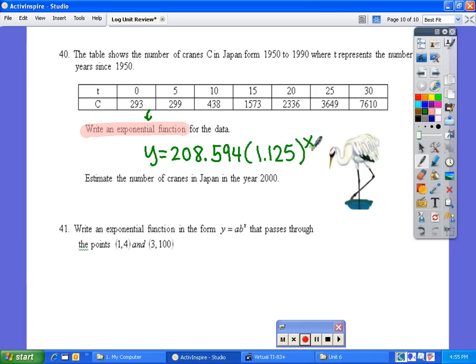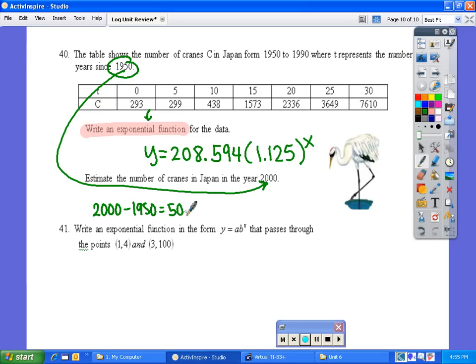Alright, so we started in the year 1950. They want us to know about the year 2000, so the first thing that you should do is 2000 minus 1950, which is 50 years. That equals x. So now I'm just going to replace the x with 50. And when you put that in, you get